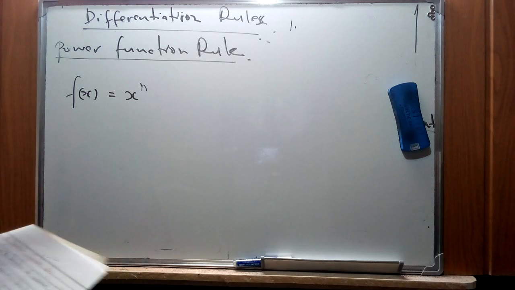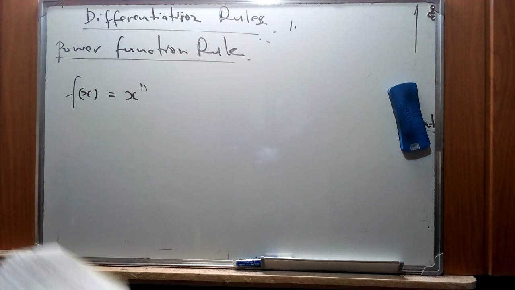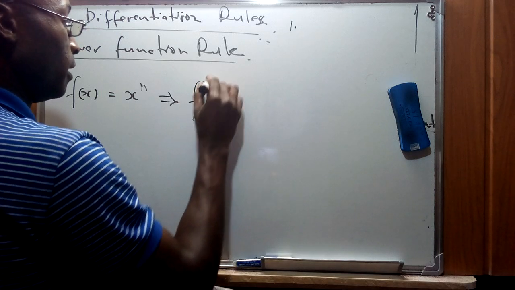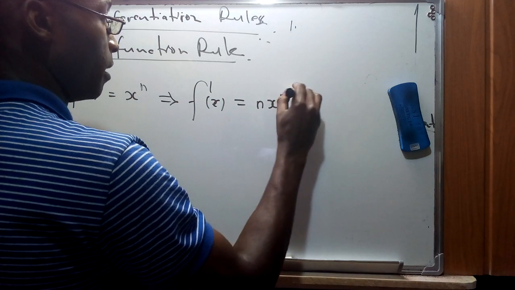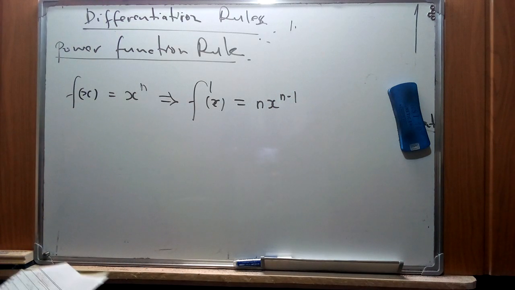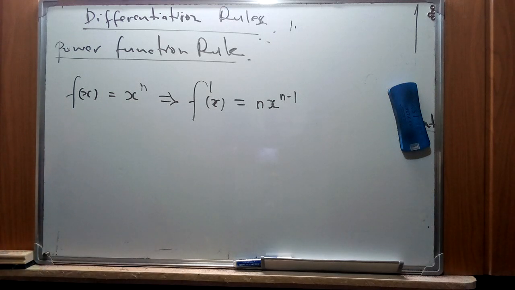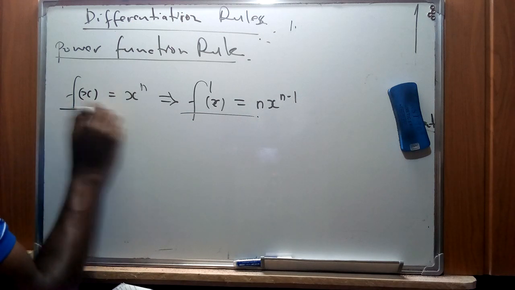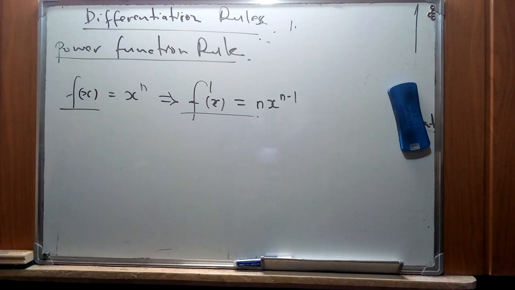So the procedure for us in trying to find the derivative of this particular function, we said, therefore, f prime of x will be given as n x^(n-1). So that's a general representation for trying to find the derivative of that function. Now there are specific conditions which we are going to see, which are going to affect the graph of this specific function. So in comparison to the graph of this function and the graph of its derivative, we're going to